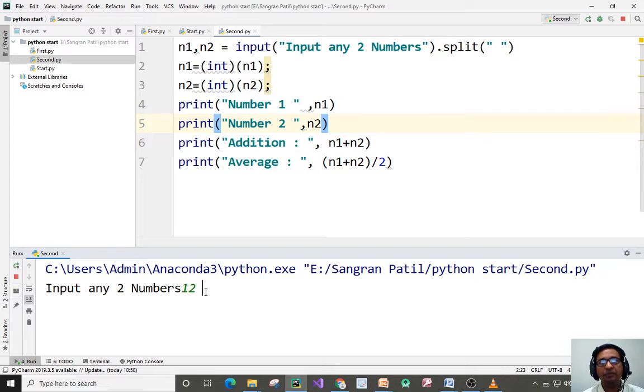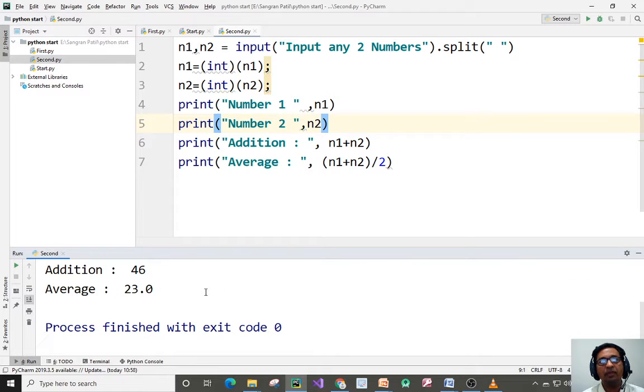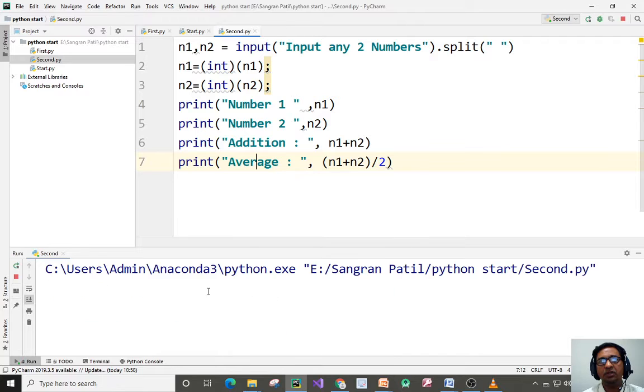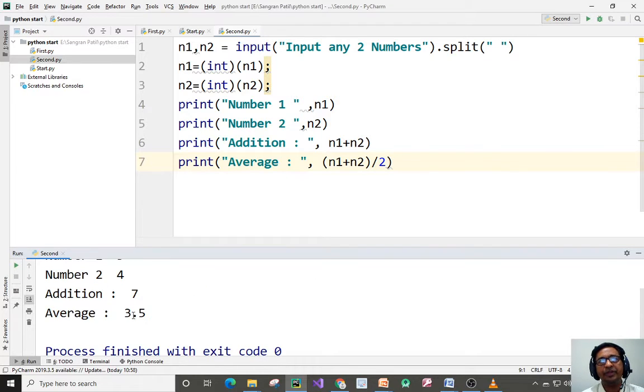First number is 12, second number is 34, so the average is 23.0. If I rerun the program and input 3 blank space 4, the first number is 3, the second number is 4, and it gives me 3.5.